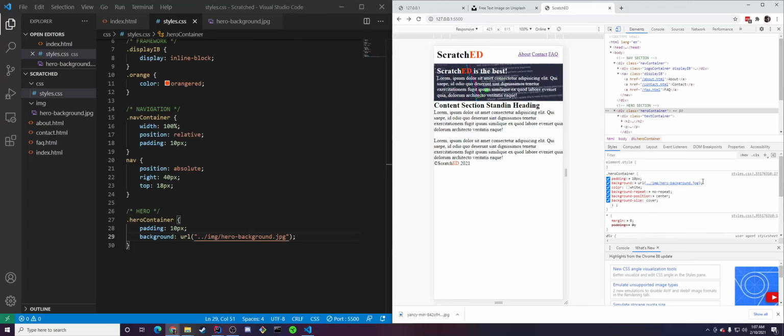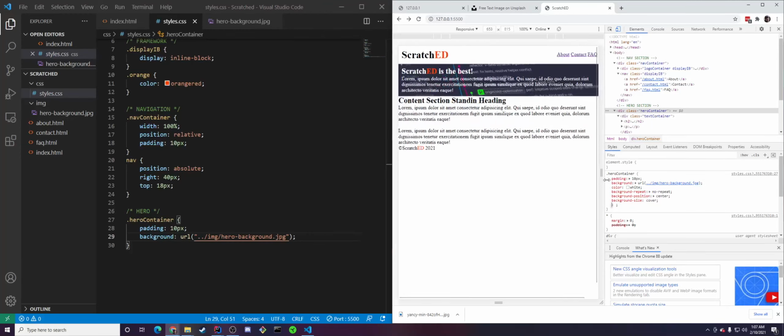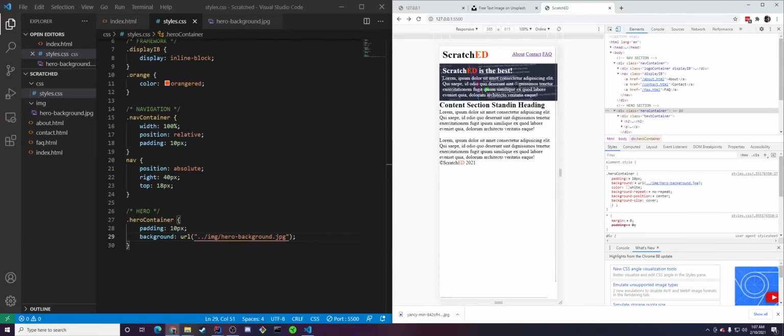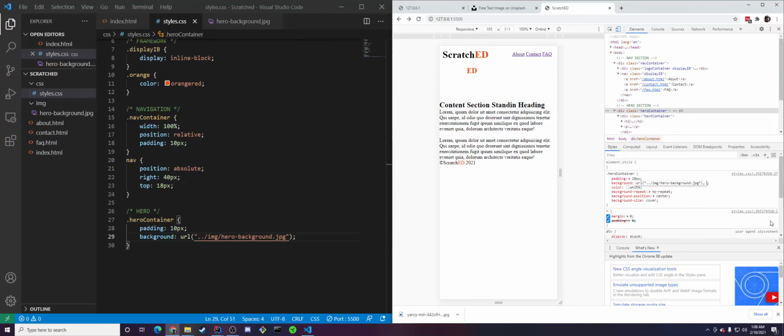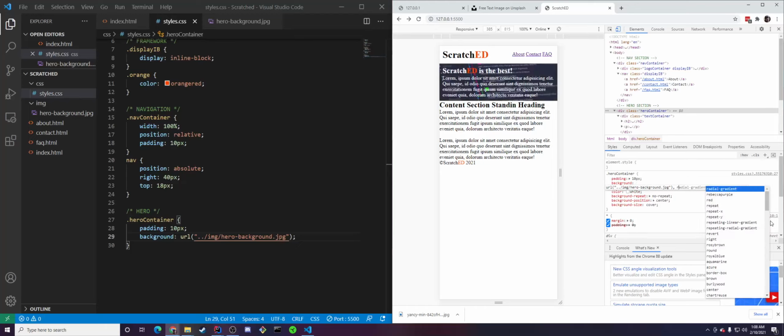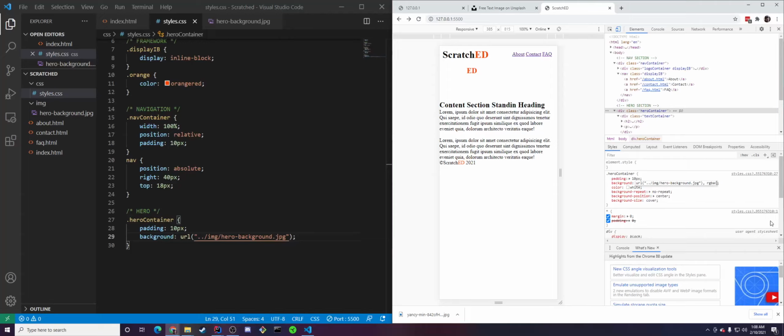We'll do cover, but there's one more thing I want, because I don't want the text to be so hard to read on the background, because it kind of disrupts the text here. So I want to overlay another color on top of our background. I can do that with a comma and do RGBA,